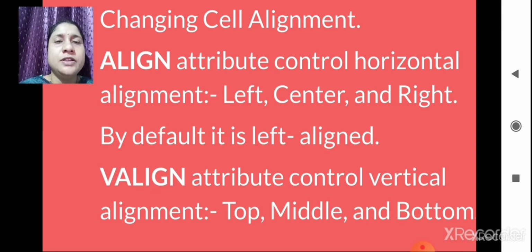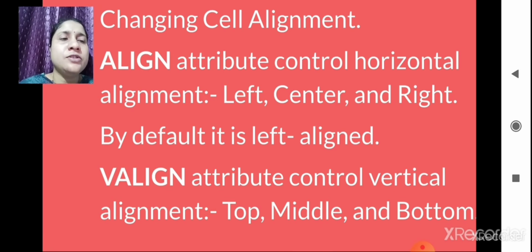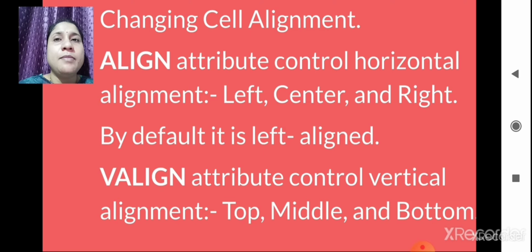The align attribute controls horizontal alignment, that is left, center and right. By default, all table data entered into a cell is left aligned.